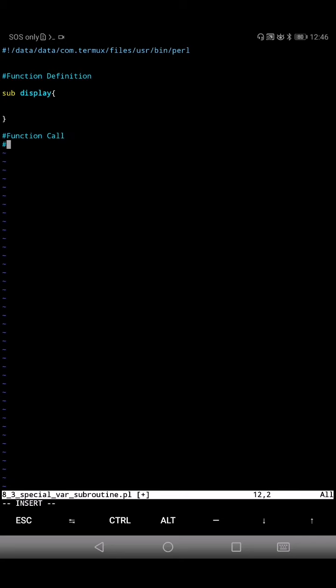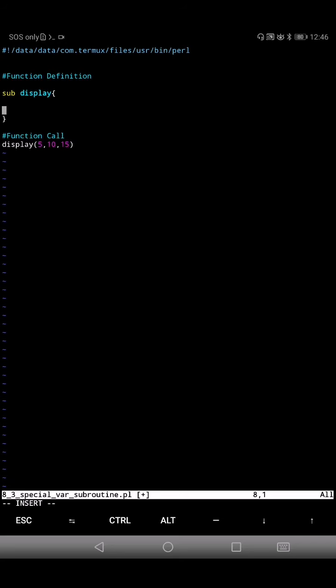and we'll call that function here, say display. Say we are passing arguments 2, 3, 4, or you can pass any number actually as per your requirement, 5, 10, 15.